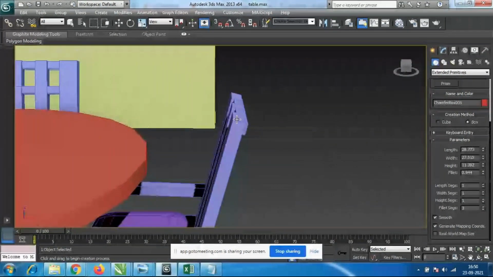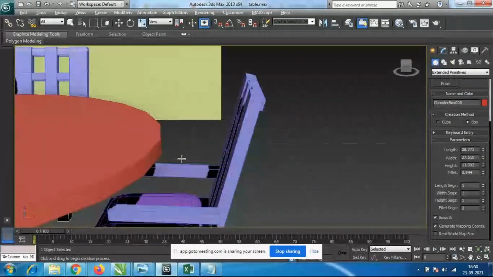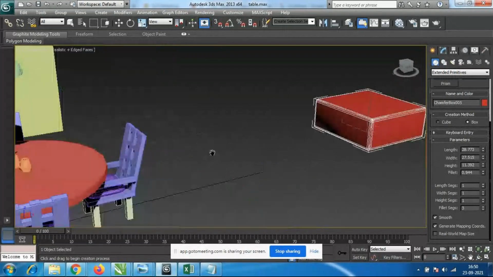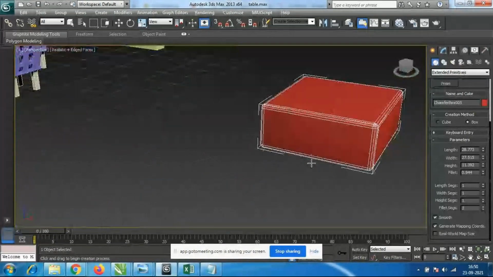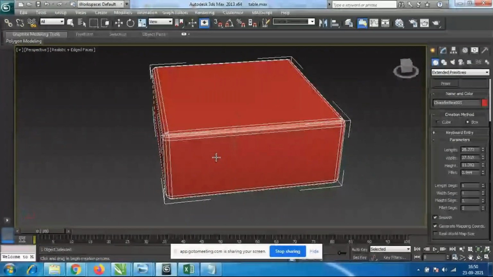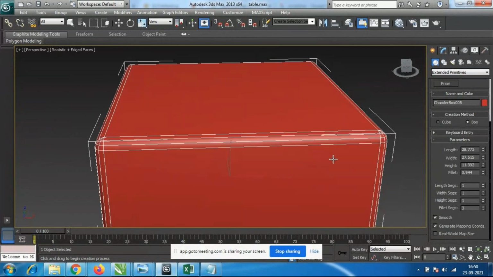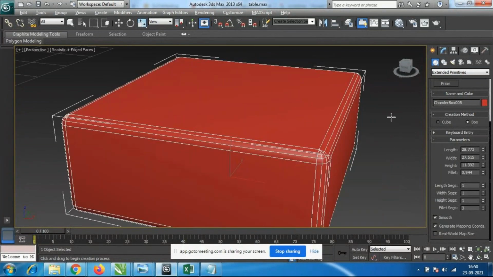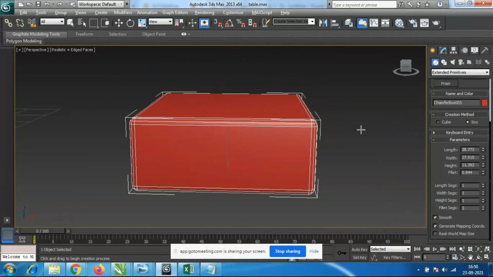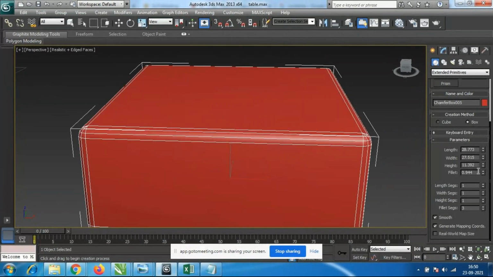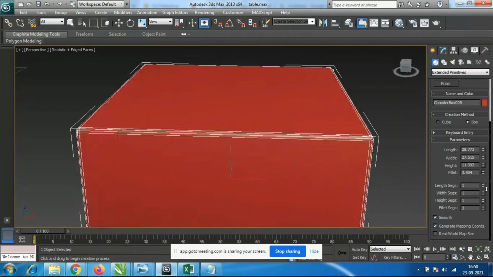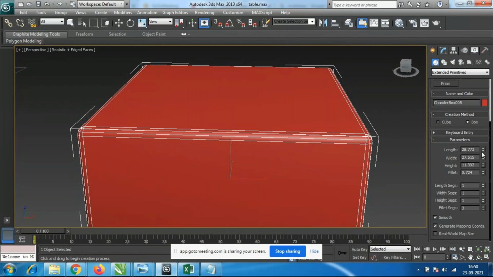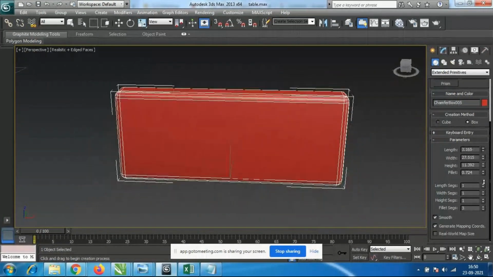Some of the chairs are sharp themselves, even some of the furniture which will be very smooth, like tables and all, will have some soft corners. Look here, all these corners are smooth. Yeah, this is the fillet option. So a little smooth and sharp. This is completely sharp. This much sharpness is not necessary. This much at least you people have to do. Okay. See, this is the thing.